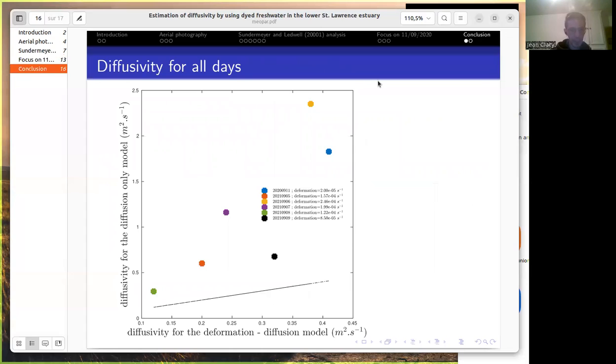If I compare the diffusivity estimated with the diffusion only model with the one using the deformation, I will have a value always larger when I use no deformation,